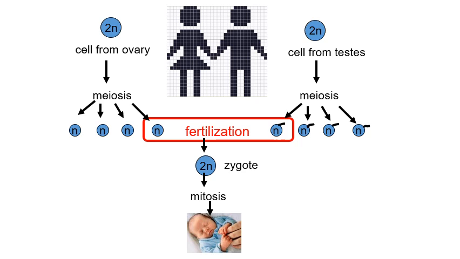But in sexual reproduction, we have to undergo meiosis to allow different organisms to combine. So, is everyone clear on the definition of the terms fertilization and zygote? During fertilization, we have 2 haploid cells that are combining to form a zygote, which is the first diploid cell of a new organism.